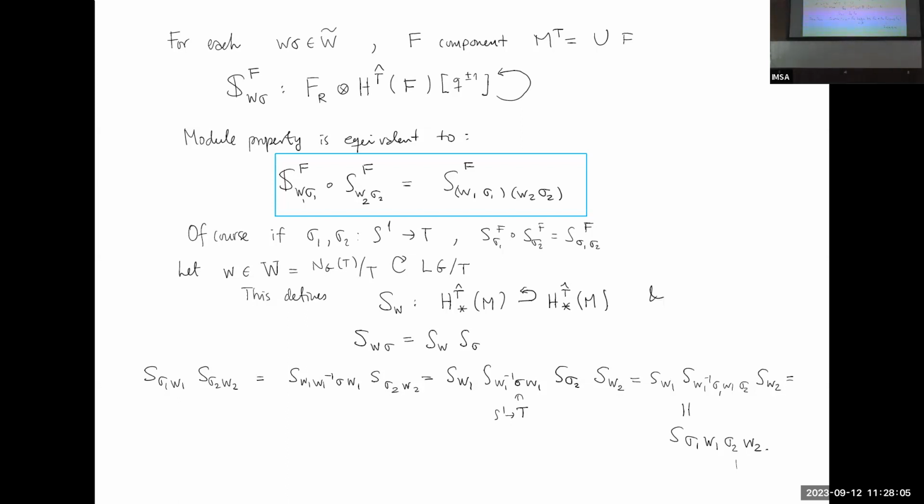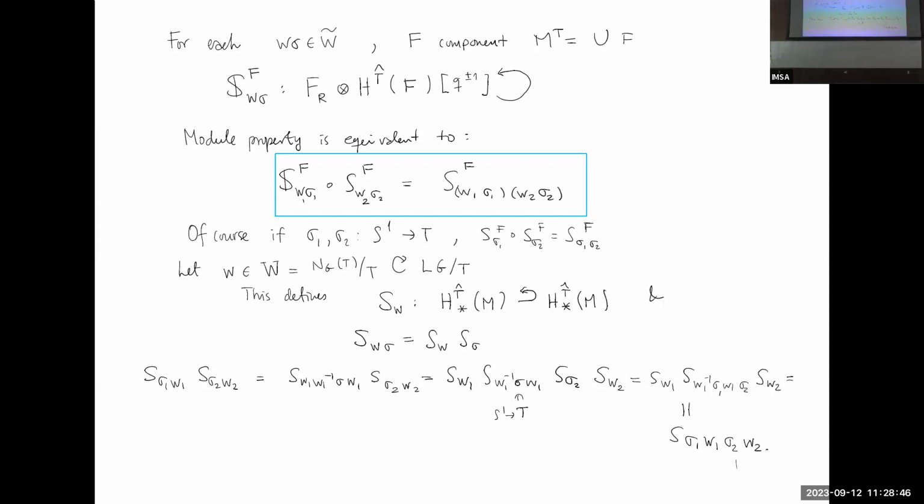But then in order to get the relation that I want, what you do is just artificially do this, the trick that I learned from Dan. If you want to see what this is, you have sigma 1 W1 as sigma 2 W2, and then you just multiply by this guy in here, so the W1 minus 1 in that. So you just introduce it. This should be a sigma 1. And then you take the first operation. This is only the map that you get from the phi element. And then that gives you this,